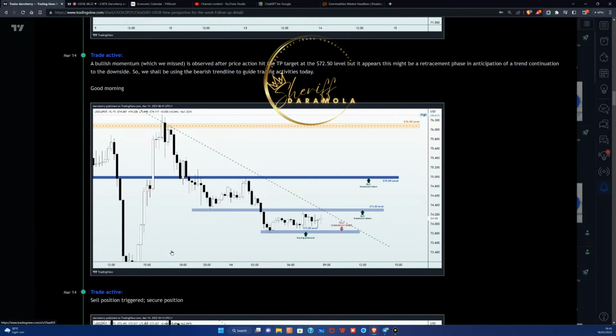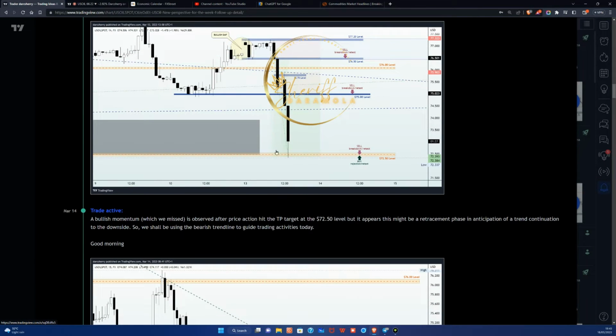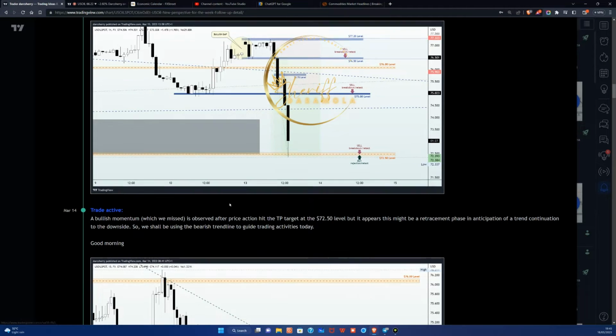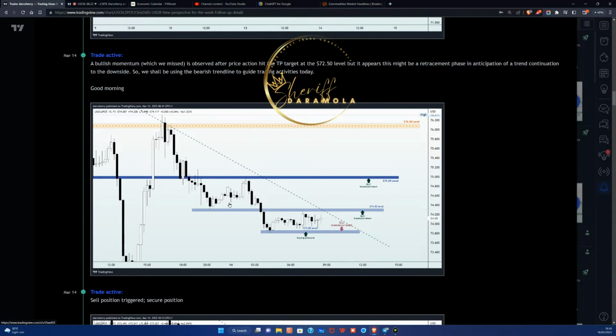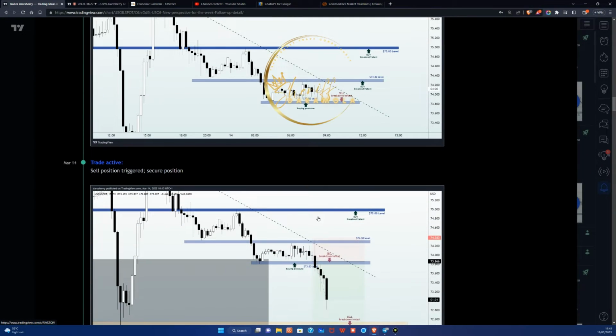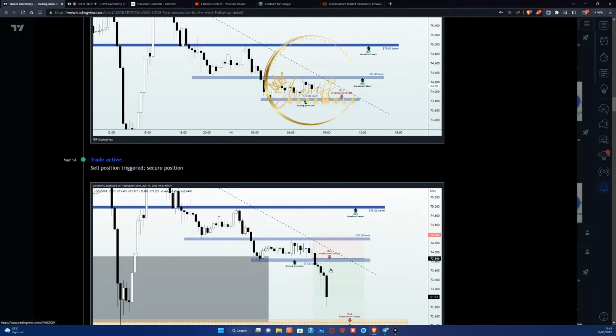Though we missed this opportunity, there was a bullish momentum that started above that structure, and I think that happened in the middle of the night, so I personally missed this move. But the morning of the second day, we anticipated another structure here after identifying the simple setup on our 15 minutes time frame. And what happened afterwards was the breakdown of that $73.80 level, triggering another sell position in this